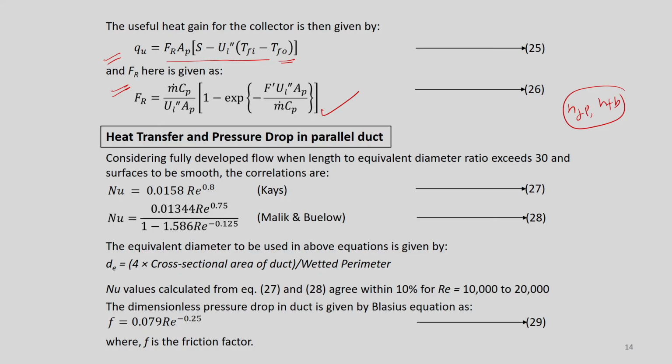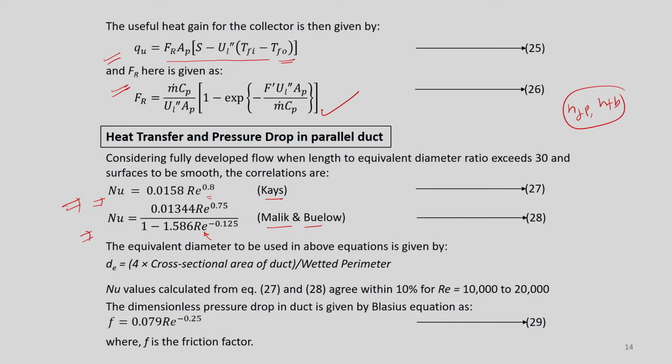Some of the most widely used correlations as far as this solar air heater is concerned are the correlations developed by Case and by Malik and Bulow. As you can see, the Nusselt number is a function of Reynolds number in both cases. So, when we are interested to find out this Reynolds number, we must know how to calculate the equivalent